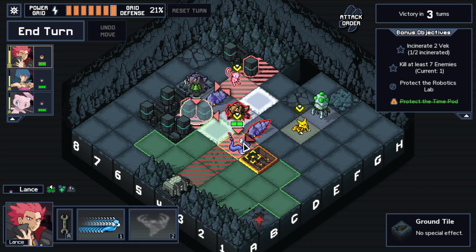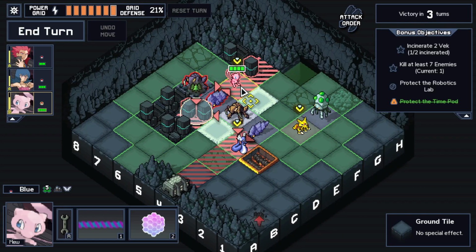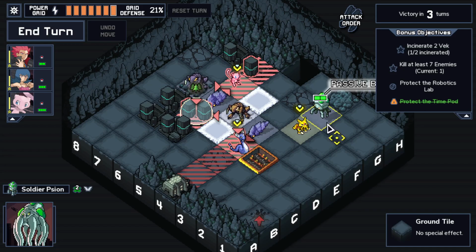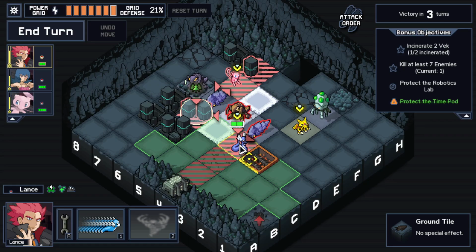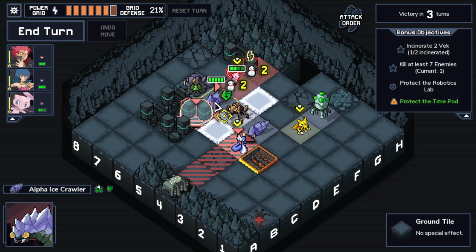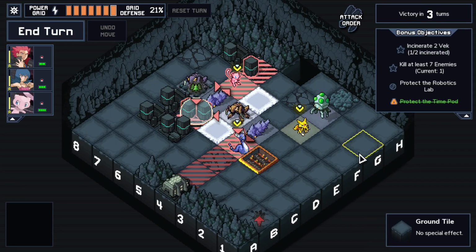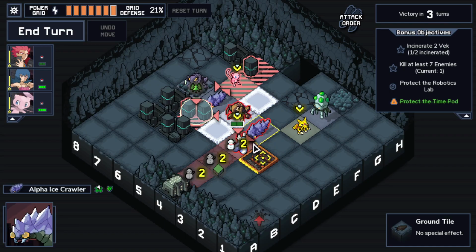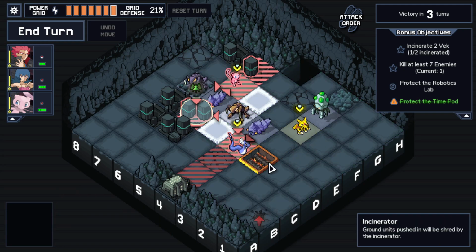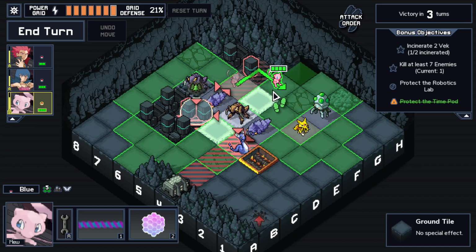Let's see. What's the best way to do this? Yeah, let me think. If I put Mew here, I could shield this and then kill the Scion. Then Lance could just kill this Mantis straight up and... could Confusion this guy, put him on fire, see if I can get in a position where the Vek are likely to get closer to the incinerator. I can't afford 2 actions to push him to...